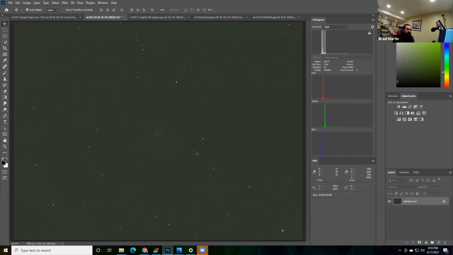Now, if you notice, everything looks a little bit green, and that is because the camera that I use is a RGGB sensor. So there's actually 2 green pixels that are captured with every red and blue pixel. At least that's my understanding of the way that works. So if you look at my histogram here, we can see that the green is way farther ahead than the red and the blue. So there's been a few different ways that I've attempted to deal with that. What I'm going to do right now is a really quick and dirty way to do it, which is to adjust my channels a little bit.